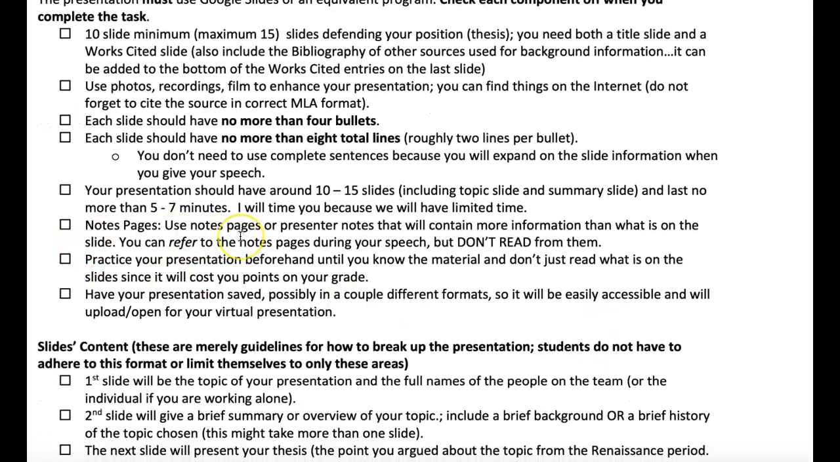You can have your presenter notes, and there are ways to present where you can actually see your presenter notes. Those are there for you to refer to, not necessarily for you to read. We don't want a presentation where you're just standing there reading to us, okay? We want you to know this information. So you're going to want to practice this presentation beforehand until you know that information enough that you can just